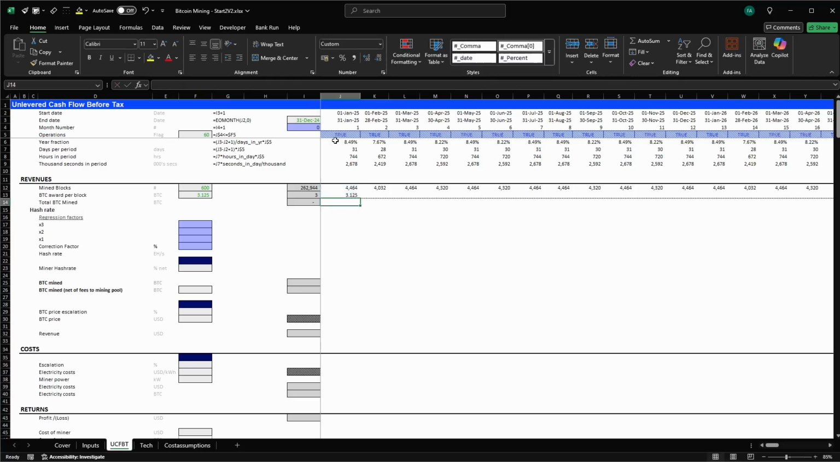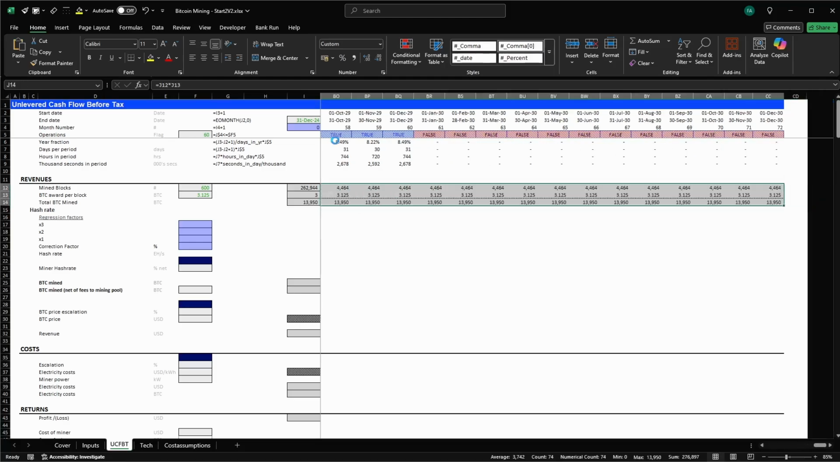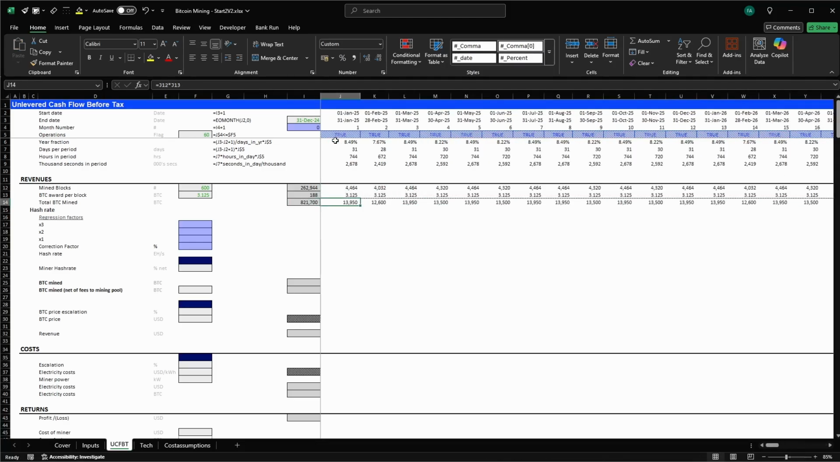And here, oops, not the sum. Here we have to do the multiplication. So we're going to have this 4,000 blocks times 3.125 per block. And this is how many Bitcoins are going to be mined in this period. I'm going to copy and paste everything across. And here we go. And this is the total amount of Bitcoins mined during the period we consider to operate